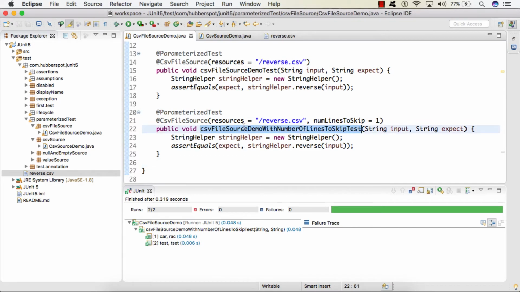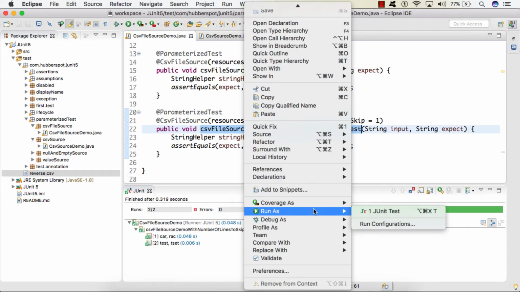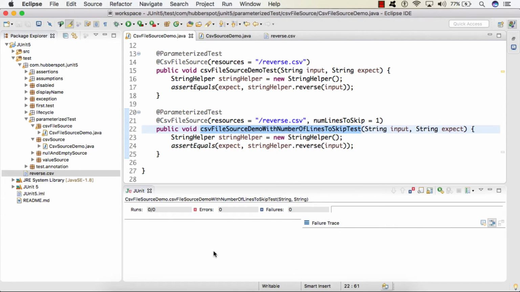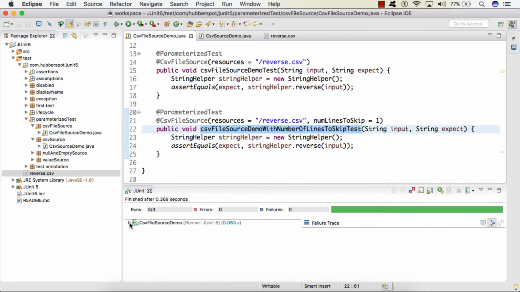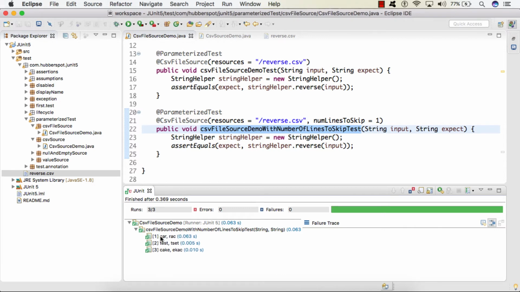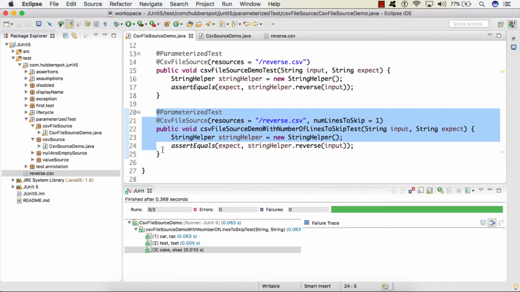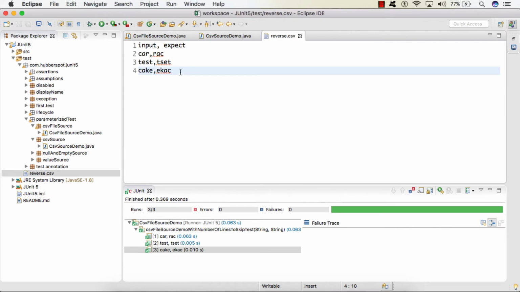So here if I run this test case again, you can see the test case got executed 3 times, and the third time with the values cake and ekac. So friends, here you can see that we haven't changed any code for simply testing this value.